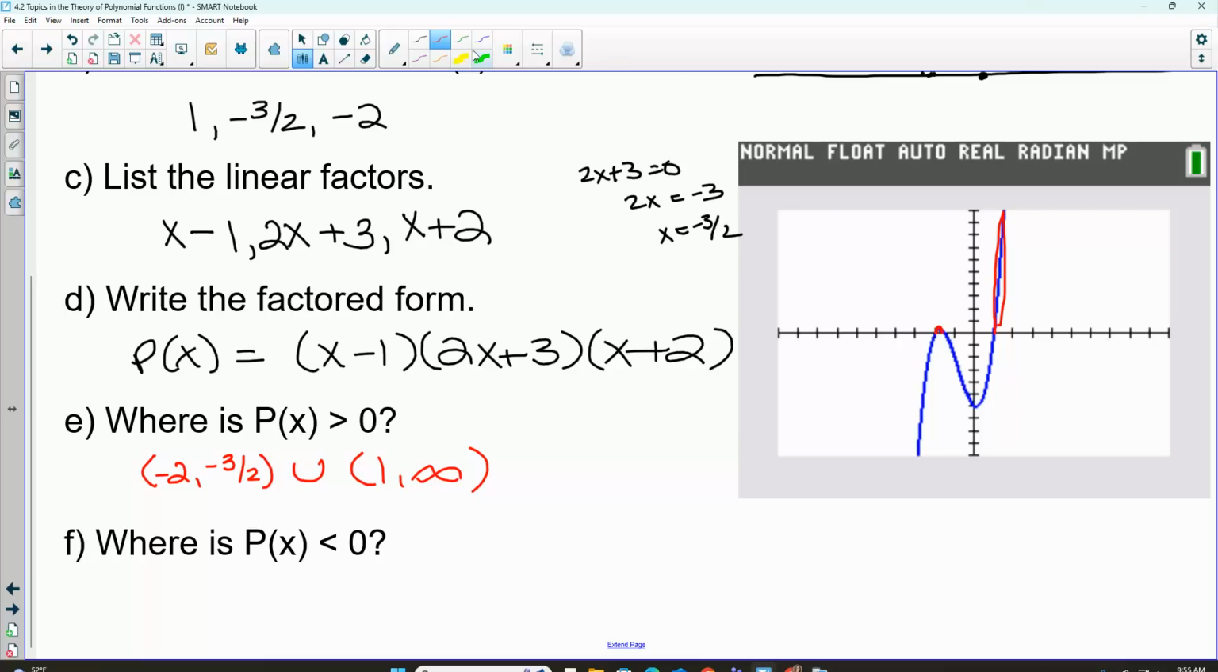All right, where is p of x less than 0? So below the axis. So that would be -2 union, and then this section is from